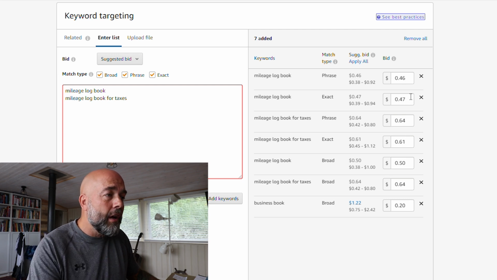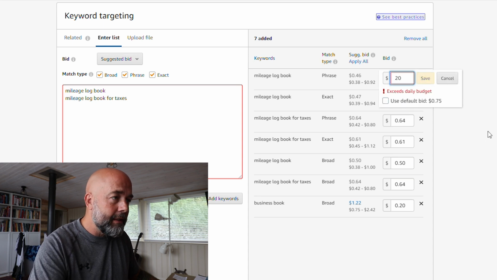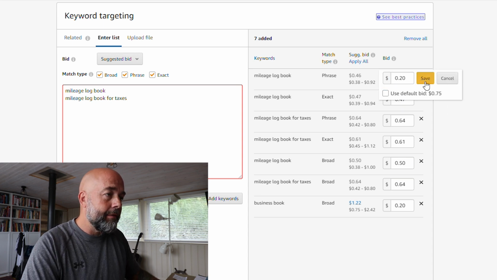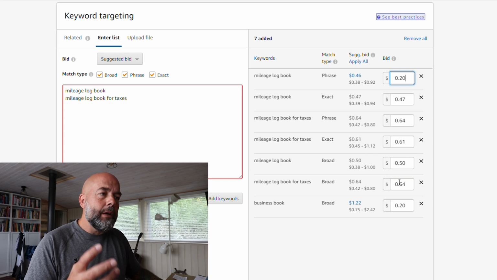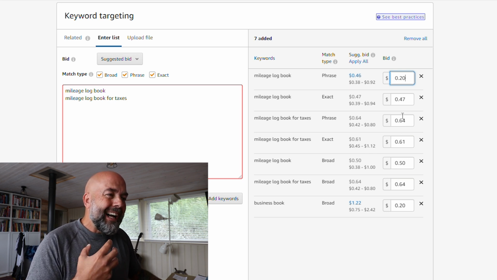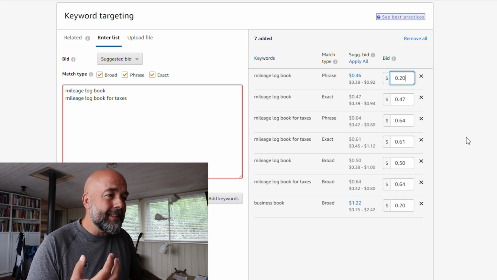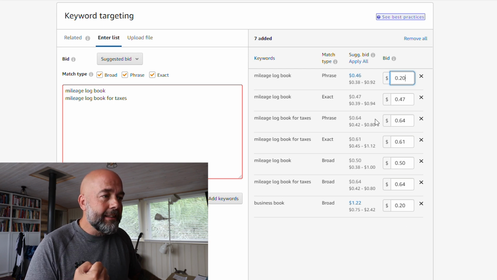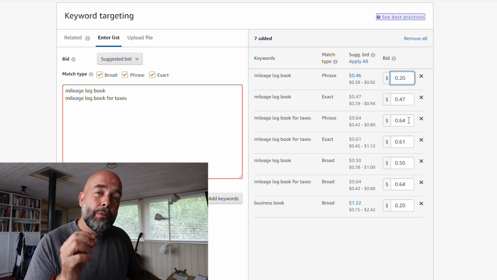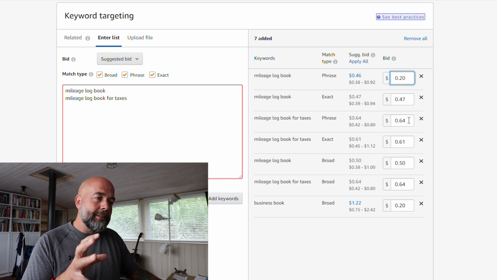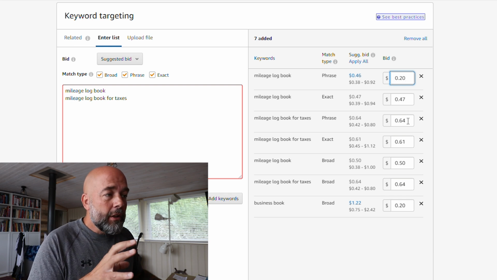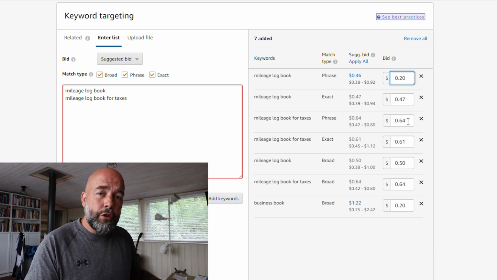So you can change those yourself. So you could just go through and, if you just wanted to stick to 20 cents, click on save. And as I said, with the keyword targeting, I tend to bid higher than my normal minimal bid of 20 cents. And often if you've got fewer keywords and say you're just going for the exact, then what I would do is just go for that suggested bid, but keep a close eye on it that your ad spend isn't getting too high,